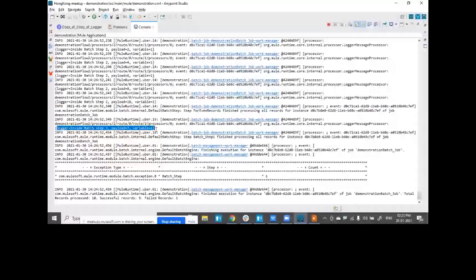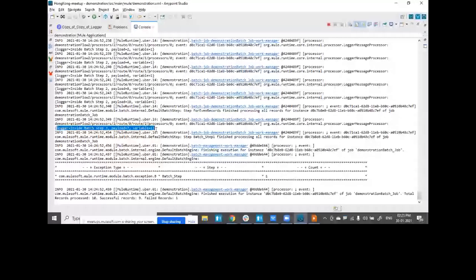Okay. So this is the second way by which you can handle any kind of conditional operation within a batch step. The first way was to create your own custom expression. The second thing is, based on the failure condition, you can create your own logic. So we do recommend that you break your entire business requirement into small functionality and keep those functionalities in individual batch steps. Now, why do we recommend it?